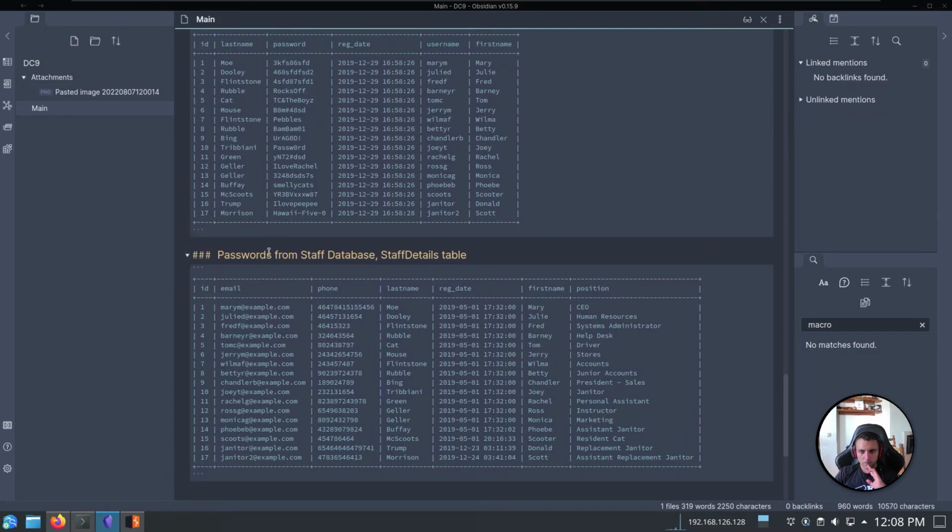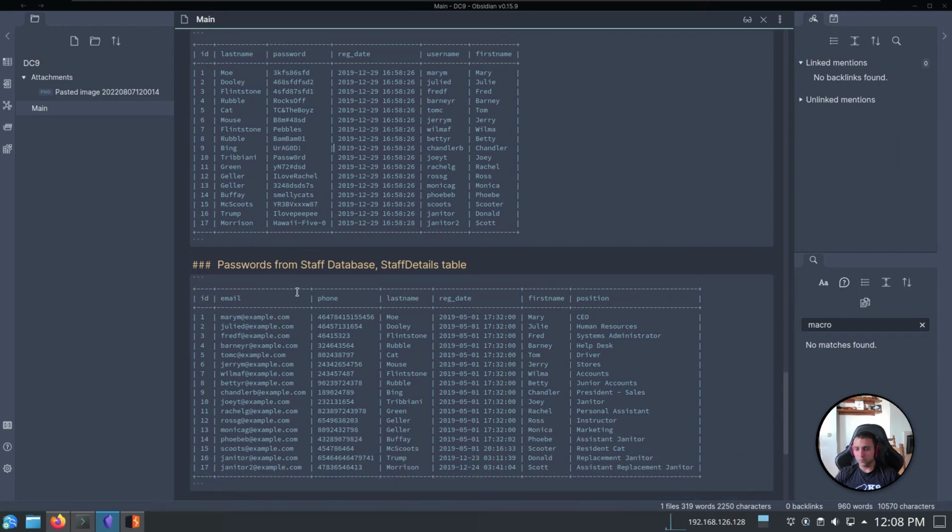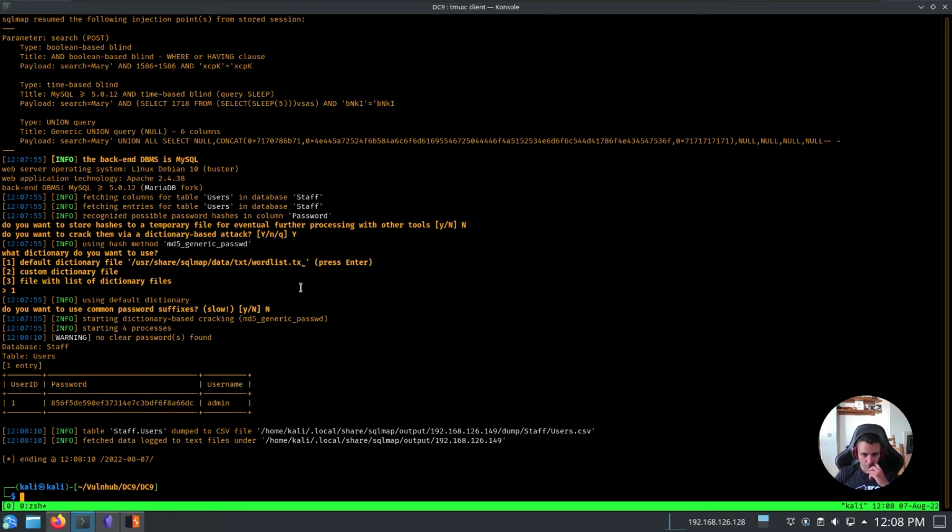So these passwords are all nice. So we have last name, password, reg date, username, first name. So we have a bunch of usernames and passwords. What we can do now is utilize so-called brute forcing. So we can do brute force against the web app to see if we have a password for that. But we have full of users, so we need some way to fuzz the web app. Now here the crack is finished, and we have an admin password, admin with MD5 password,